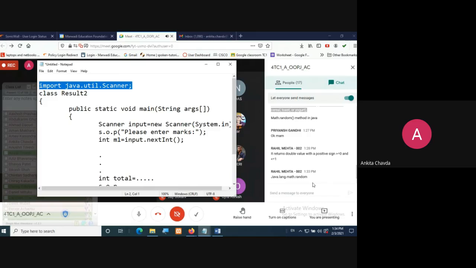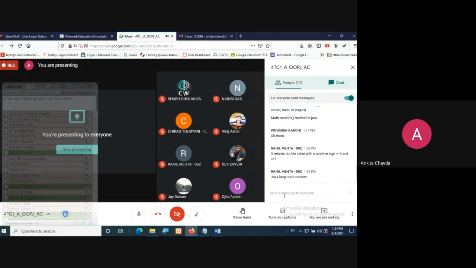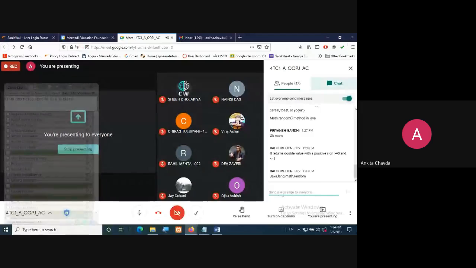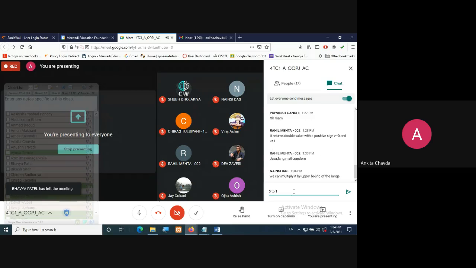And if you wish to use the Random class, you have to check that Random class. That is again another method. But right now you need to check about the math.random function and how you can apply the range. That is what I've asked. Otherwise you will get a randomly generated number between 0 and 1.